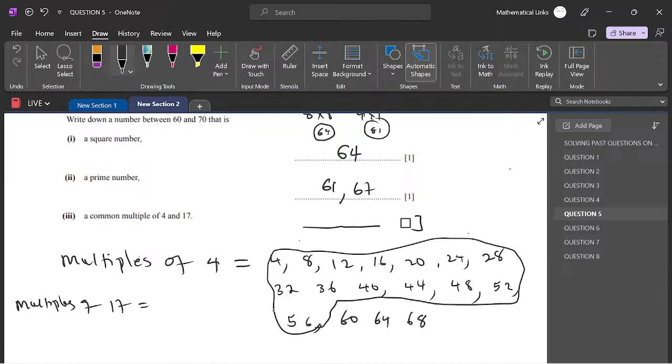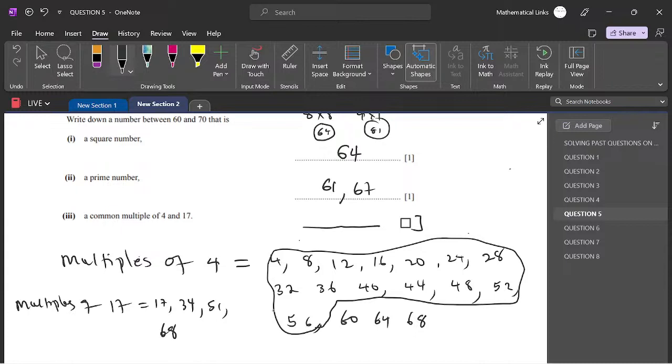So it will be 17 times 1, you'll get 17. If you do times 2, it will be 34. If you do 17 times 3, it will be 51. If you do 17 times 4, that will be